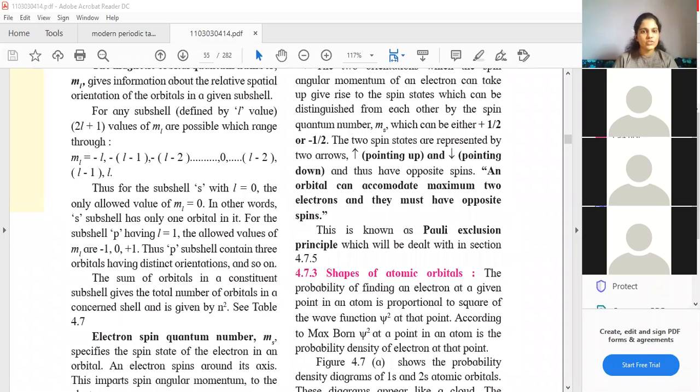Okay, students. Now, here I did not mention the S part. The first example, see students, for subshell S, we know that the value of L is 0. If you substitute it here, what will happen? 2 into 0 plus 1, that is 1. It means that ML's value is not 1. 1 means that in the entire range that you write for ML, you are supposed to write only one value, which is 0.